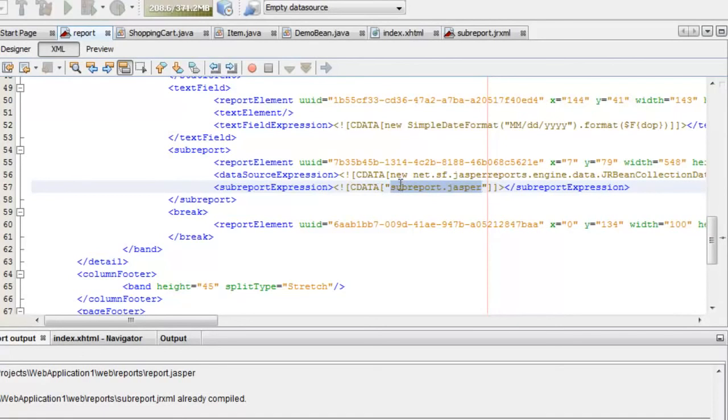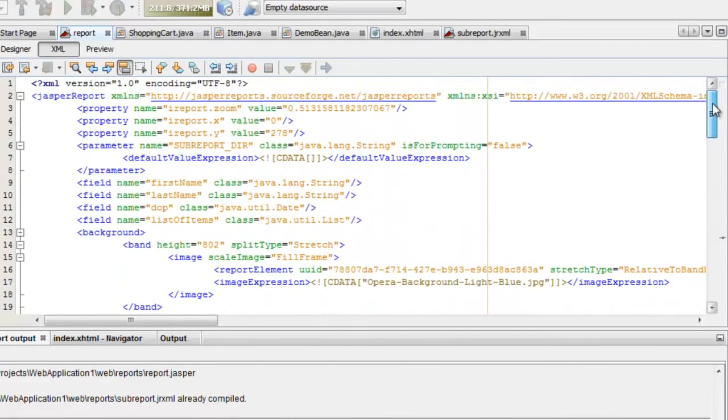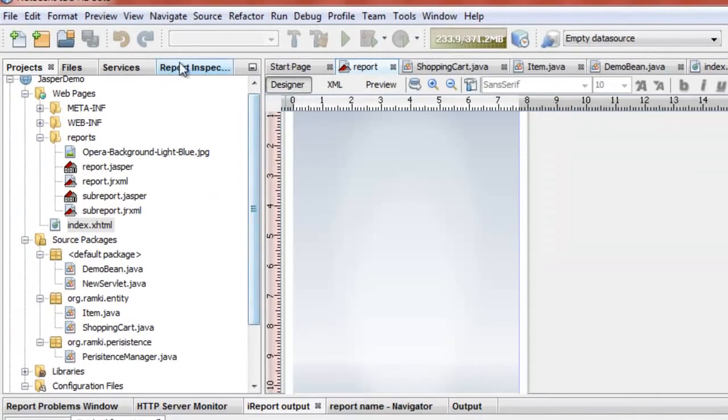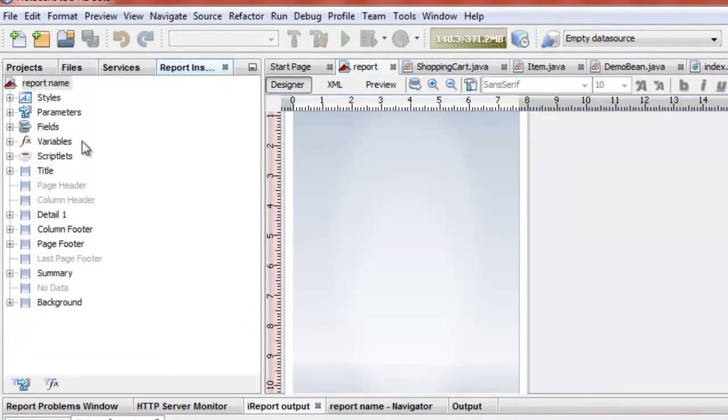Then it points to the relative path. Same thing for the image. In the image tag, remove everything and just mention the image name. Before, they put the absolute path. Remove the path and it becomes a relative path, so our deployment becomes very simple. Once everything is done, now compile the report